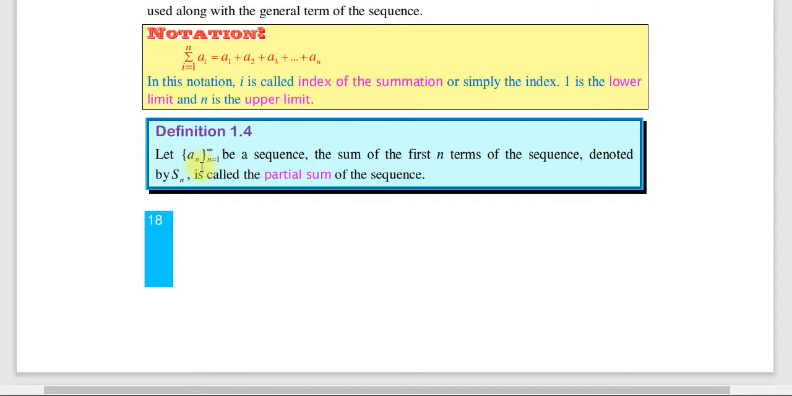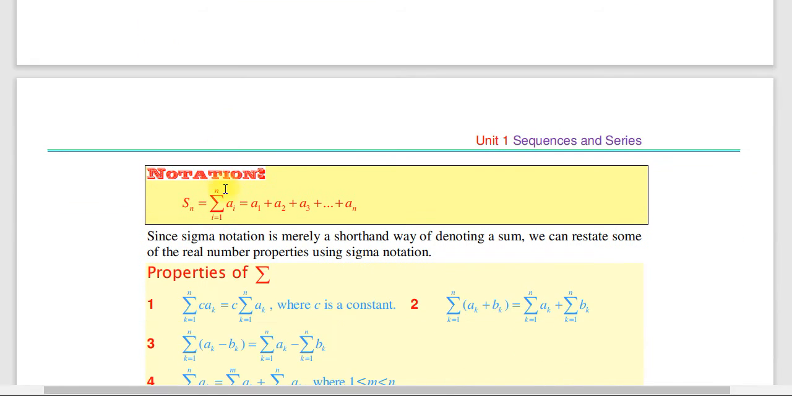ሌላው ዴፊኒሽናችን: let the sequence a_n, n starts from 1 up to infinity, be a sequence. The sum of the first n terms of a sequence is denoted by Sn and is called the partial sum of a sequence እንለዋለን። So Sn ማለት the summation of a_i, i starts from 1 up to n አድርገን ኤክስፕረስ ማድረግ እንችላለን። ይሄ ማለት a1 plus a2 plus a3 up to an ድረስ ማለት ነው።